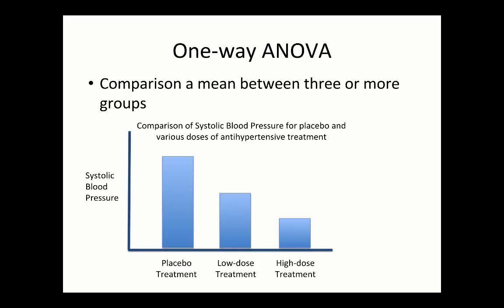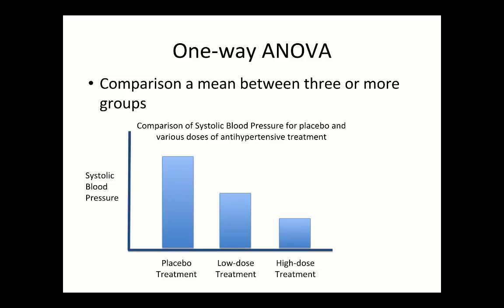Given these findings, what would you conclude? Well, we can conclude that the observed average systolic blood pressure is different in one of the treatment groups. But do we know which treatment group is different from one another? No. This is why we need to use a post hoc test to determine which treatment group is significantly different